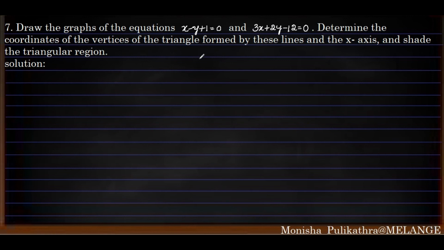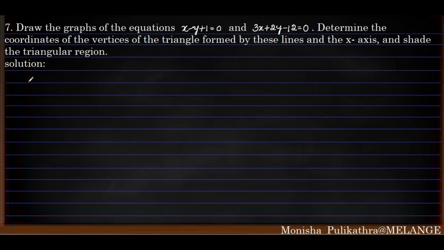Next we need to solve the equations to find out the points, and we have to plot the graph here. After plotting the graph, we need to find the vertices of a triangle. Inside the graph, a triangle shape will be formed. We need to find out the vertices, that is the vertex points A, B, C of the triangle. So that is the main concept of this question.